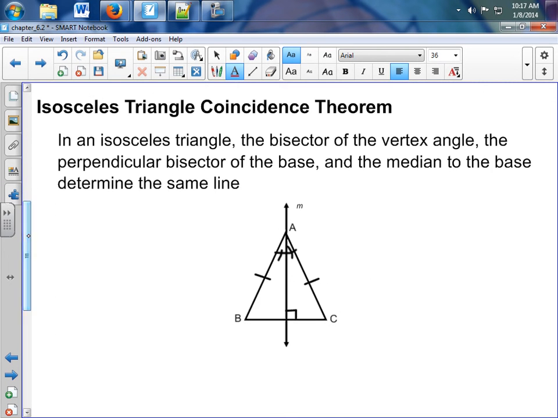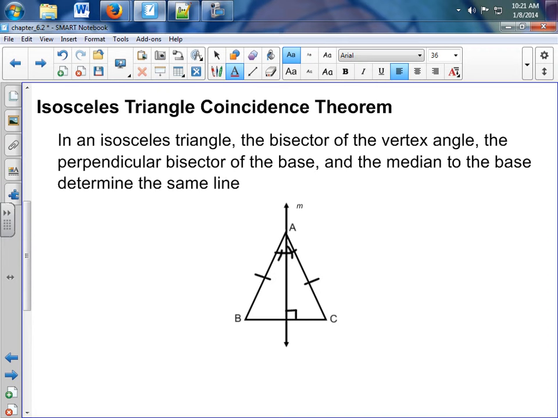Okay? I like this one, the isosceles coincidence theorem. Write that one down for a moment. Okay, here we go, the isosceles triangle coincidence theorem. In an isosceles triangle, the bisector of the vertex angle, the perpendicular bisector of the base, and the median to the base determine the same line. What that means is if you have M coming through here, M creates